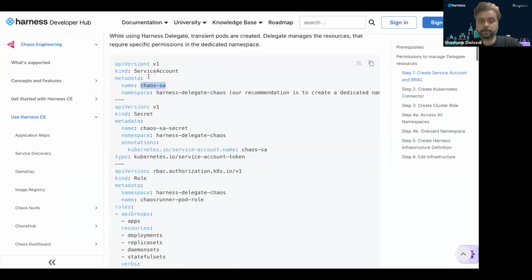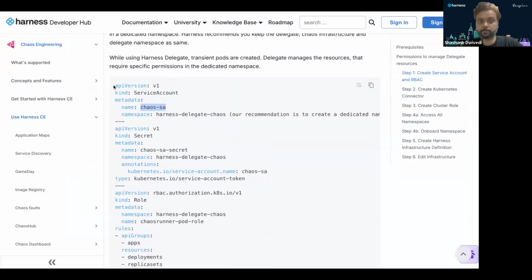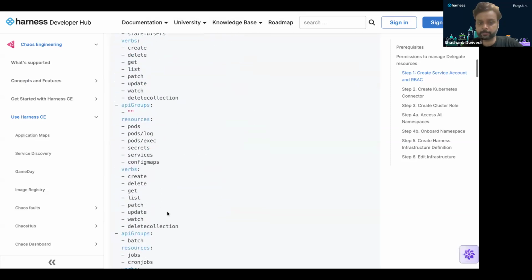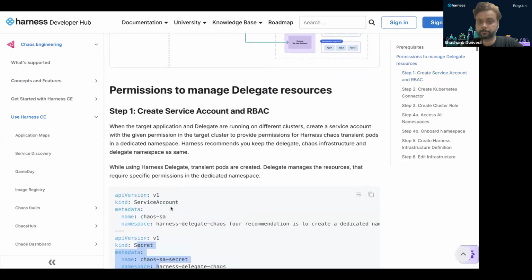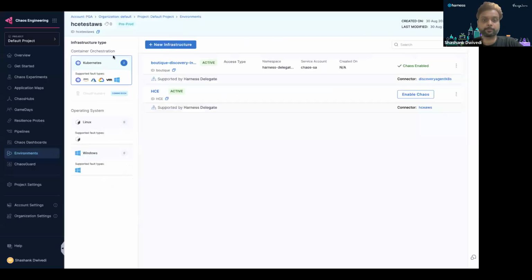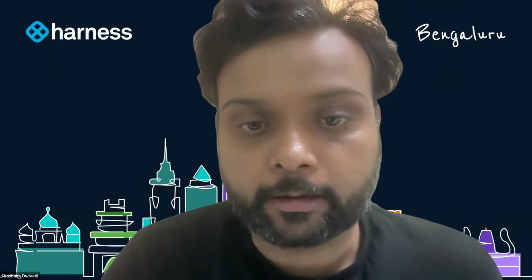Because when we go to these prerequisites, what we are asking, the first step here is you have to create a service account. Then you have to create a secret, and then create role and role bindings. Okay. So with that, we have finished the end-to-end workflow on how to set up the agentless chaos discovery agent and